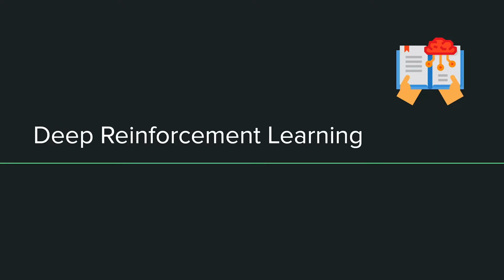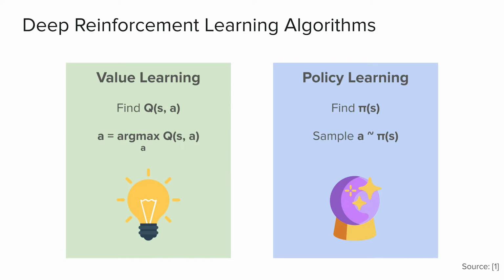Let's talk about deep reinforcement learning. What we've seen so far was mostly the overall and basic ideas about reinforcement learning. So let's see how deep learning made a twist in this. Deep reinforcement learning algorithms are typically divided into two broad categories. One would be value learning. We're trying to find exactly this Q function that I've just been talking about. So we're trying to learn the Q function somehow, and given a Q function we can take the policy that we've just said of taking the argmax A, the action that gives us the highest reward in each state,